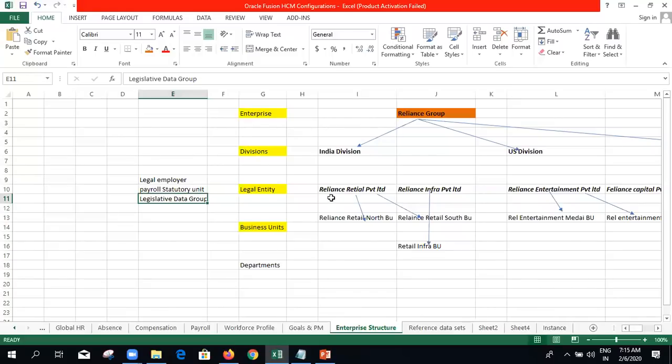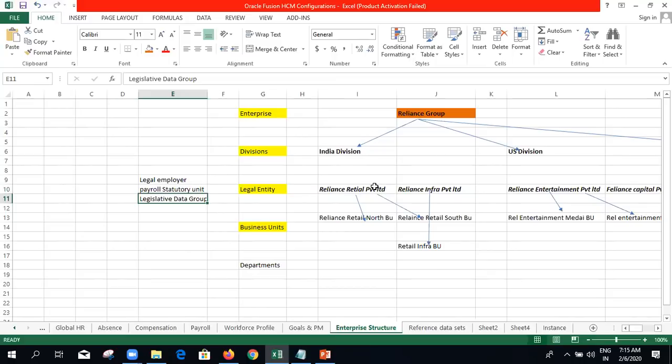So when you are creating Reliance Retail Private Limited, then you have to attach the Indian legislative data group to this company. And even for Infra also, because these both are in India, I have to attach the Indian legislative data group.